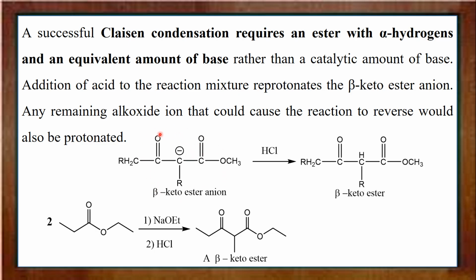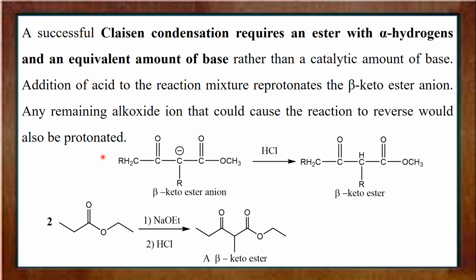The acid that we add will protonate the alkoxide ion that could cause the reaction to reverse. So any alkoxide ion that is expelled from the ester will also be protonated,